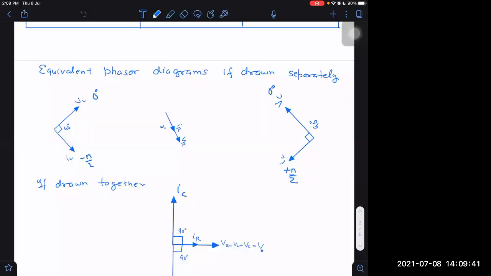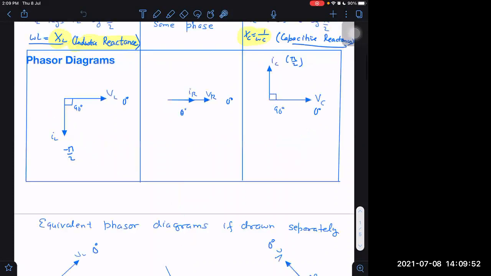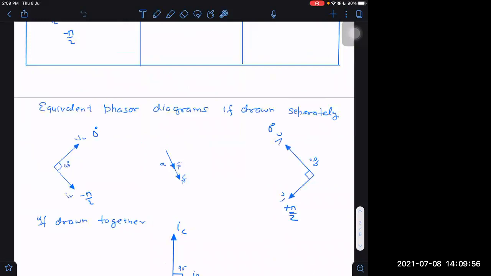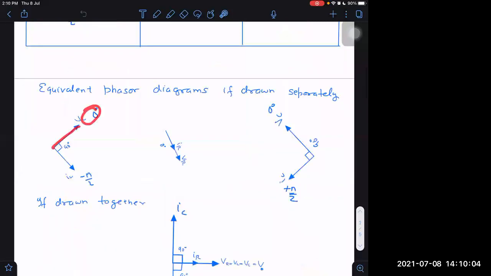Okay, right. This we have done in the morning, right? Equivalent phasor diagrams. I said that this equivalent phasor diagram which I'm drawing here, we could draw it not necessarily along the x-axis. The reference need not be along this side. I may take reference in some other direction. Reference means 0 degree phase. 0 degree phase can be taken here, it can be taken here, it can be taken here. All these are equivalent diagrams.